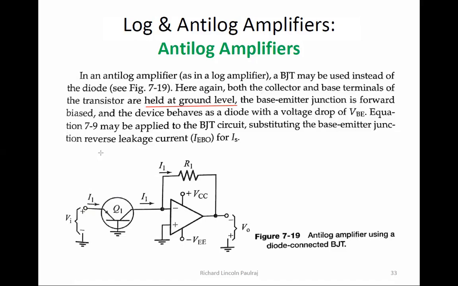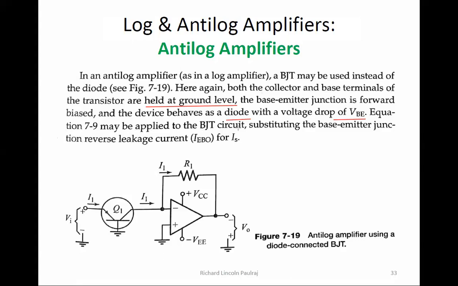So based on that, I'm going to get a diode. In fact, a transistor is a combination of two diodes, back to back connected in reverse. So I'm going to ground one of the portions, and then I'm going to forward bias, and ultimately this BJT becomes a diode. I'm converting it into a diode. So this has a voltage drop of VBE, the voltage across the base and the emitter. Okay, VBE.